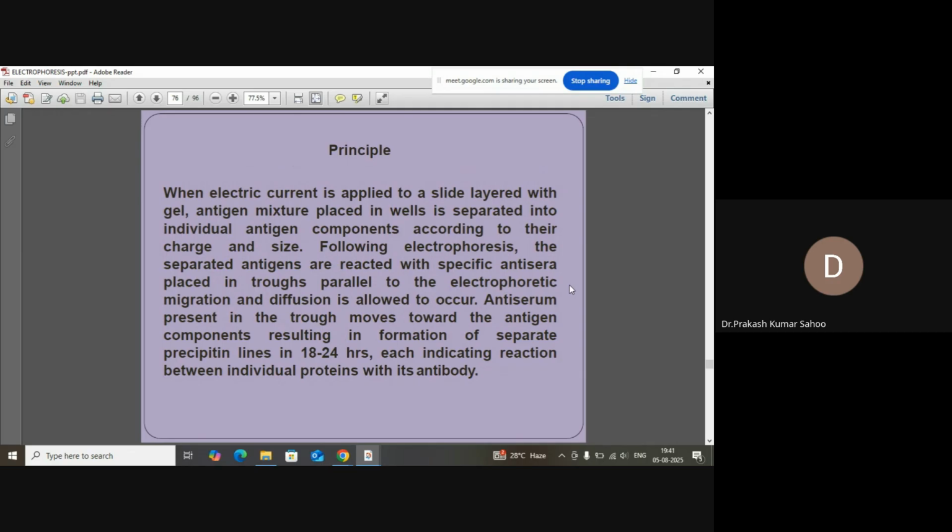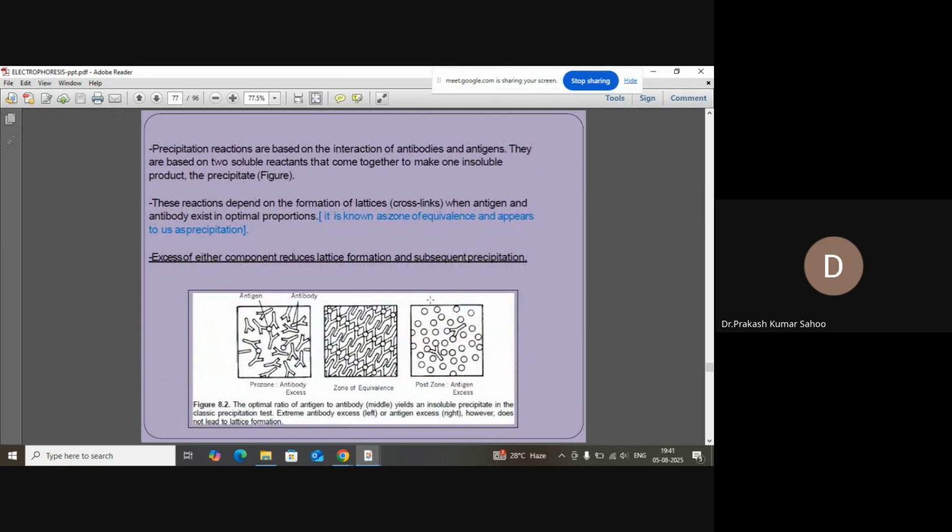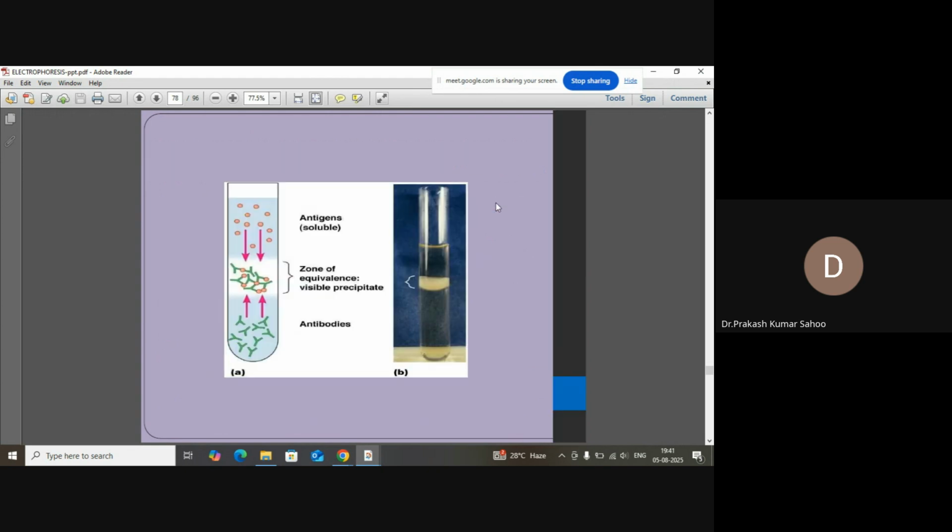Apply to a slide layered with gel. The antigen mixture placed in the well is separated into the individual antigen components according to charge and size. Then the separation process is like this. I will share this PDF in your WhatsApp group, so do not worry. We have the antigen separation like this in electrophoresis, where the antibody and antigen are soluble is there,